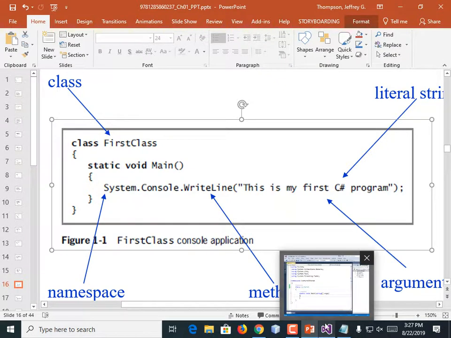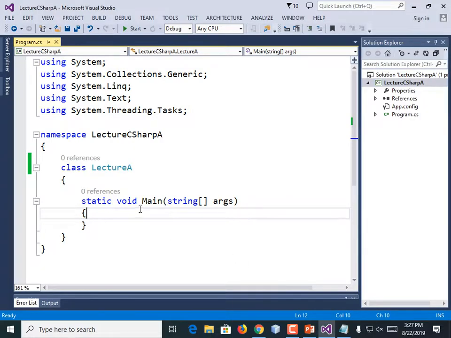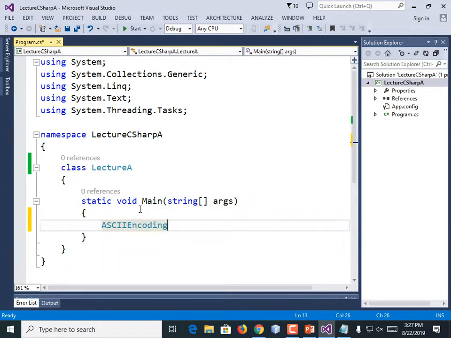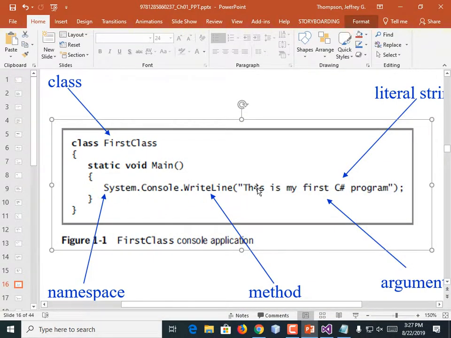I'm not sure if I remember it. SCW tab. Nope, that didn't do it. All right, I'll look it up. Anyways, this is a print statement: System.Console.WriteLine, and you can print something out. Or if you leave off the word Line, it'll display it but will not go to the next line afterwards.